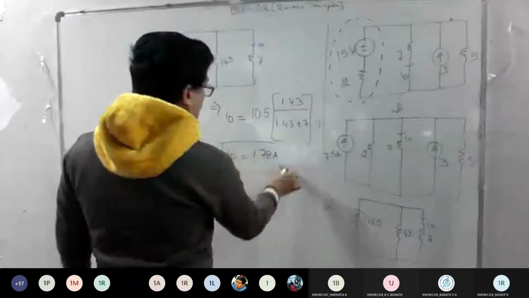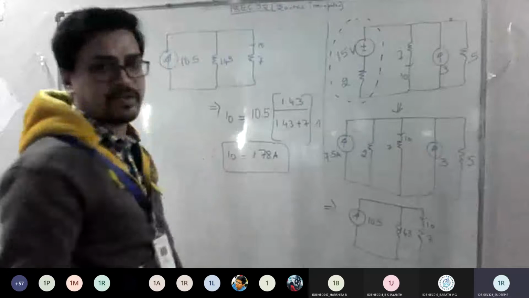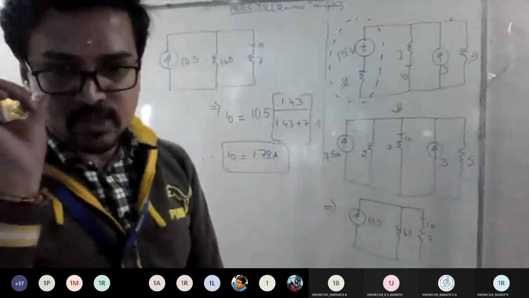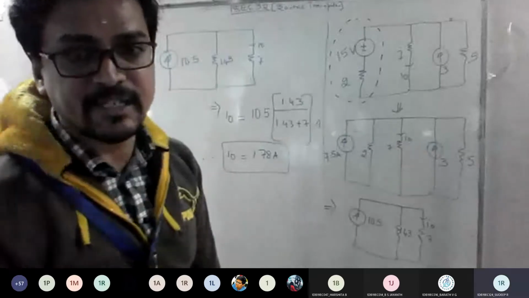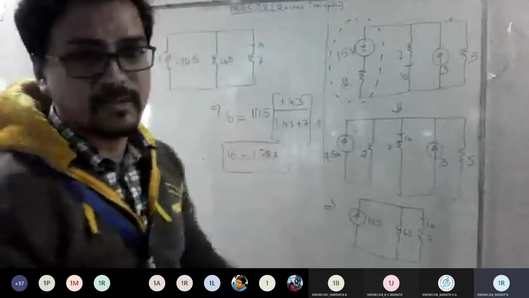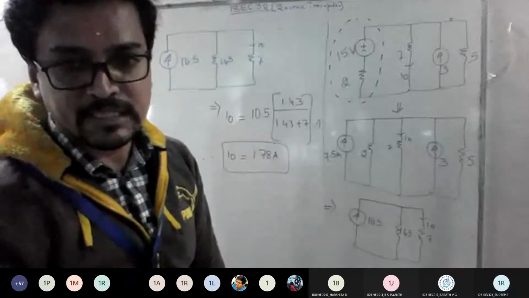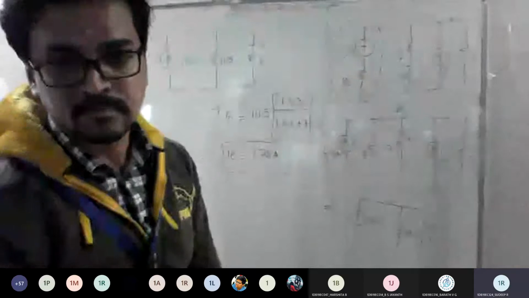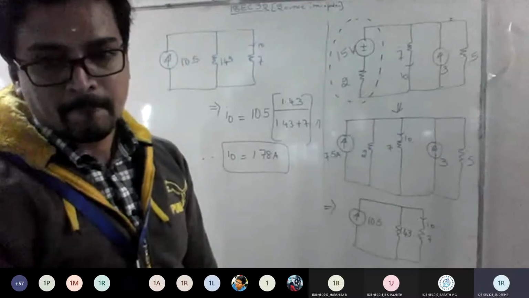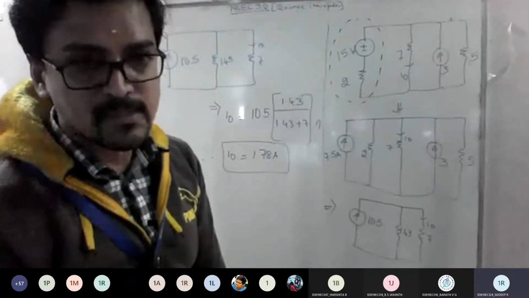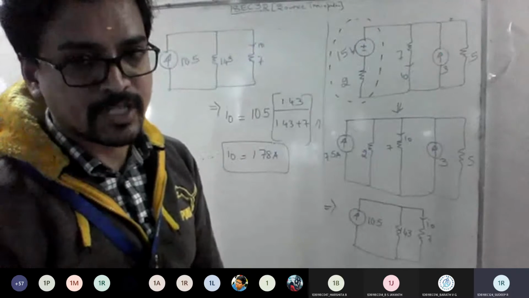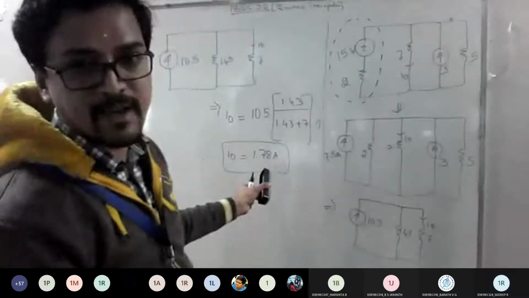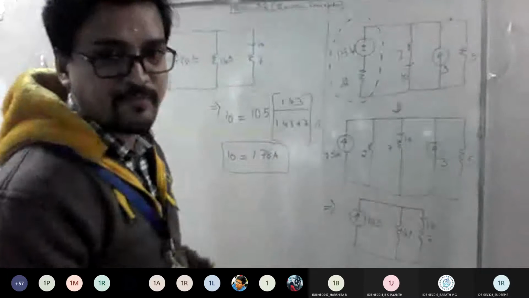So this is the ultimate thing they have asked in the question, correct? Using source transformation, calculate the current I naught. We have proved it. Any doubts? Anyone till here? No, sir. So shall I proceed? So in the same way I told one more method, right? If you don't remember this, you can go with your normal mesh analysis also.